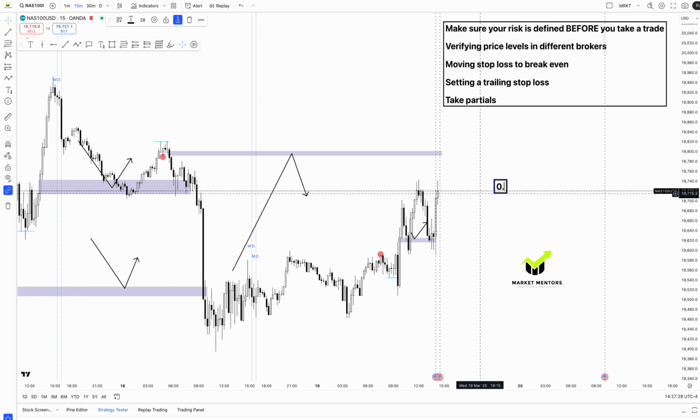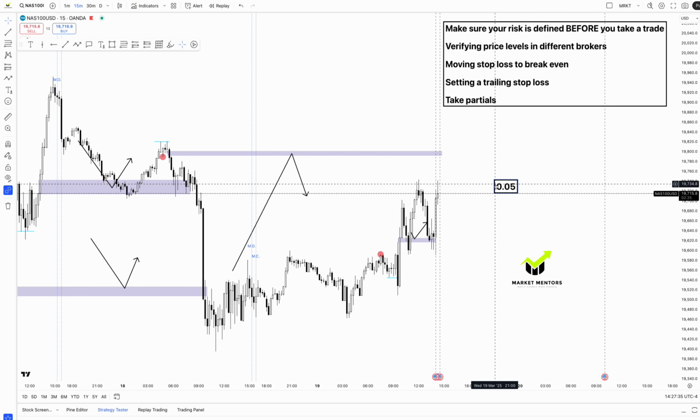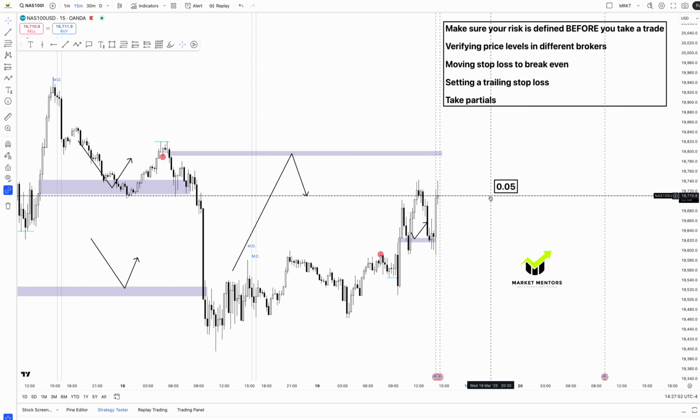Then you'll take out half, 0.05 of that position. So now you only have a 0.05 lot size running to hit your take profit or hit stop loss, and you've already secured half your position. So in theory, it's a really good concept because you can always secure your money however you'd like. Of course, it's better when you have a larger account. You can do multiple lot sizes and play around with those types of features, but it's not always